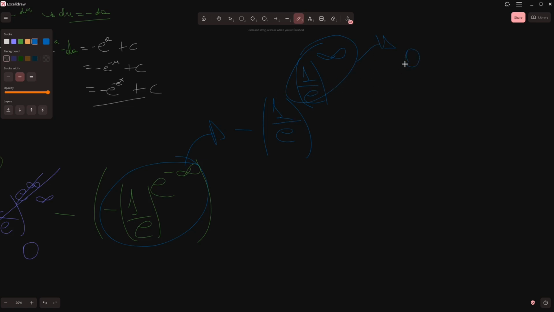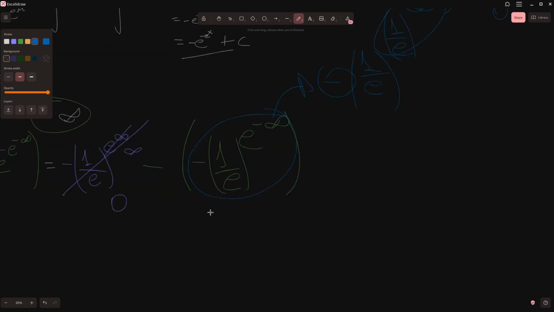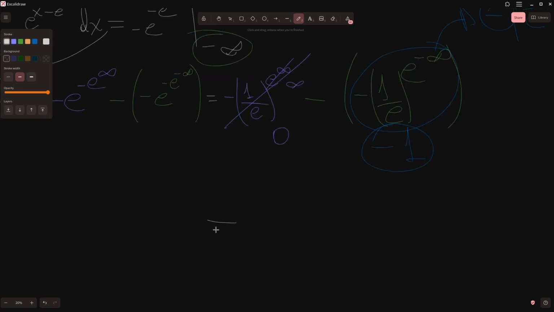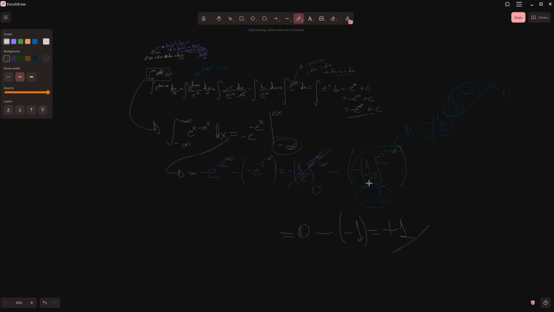So that should be this over 0, which is 1, and with this minus it should be minus 1. So this entire expression should be minus 1, and finally we got 0 minus, because of this minus here, minus 1, which should be 1. So that is